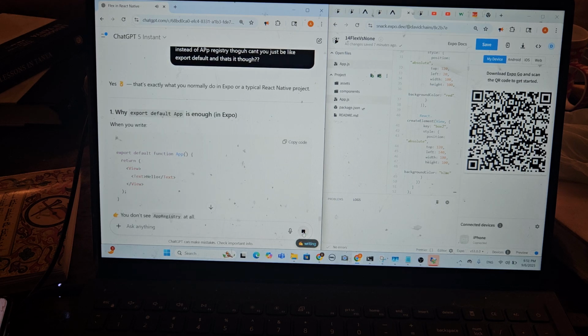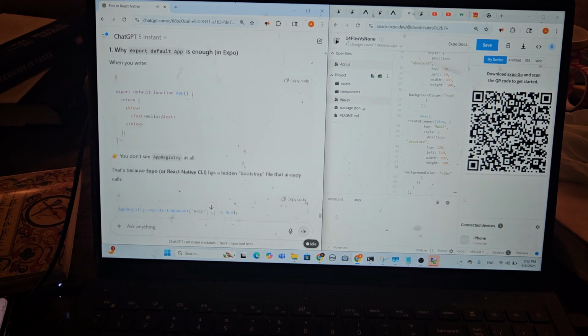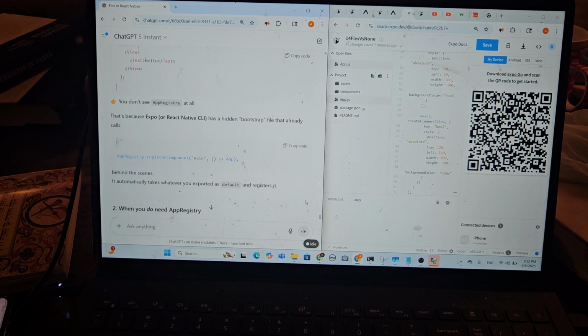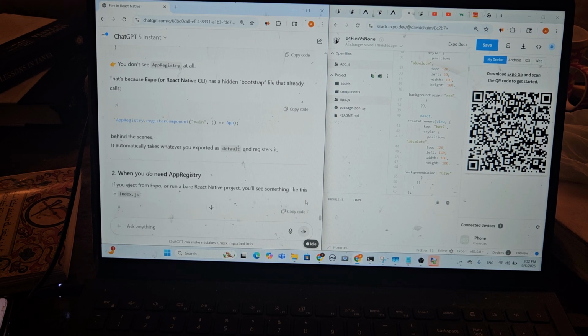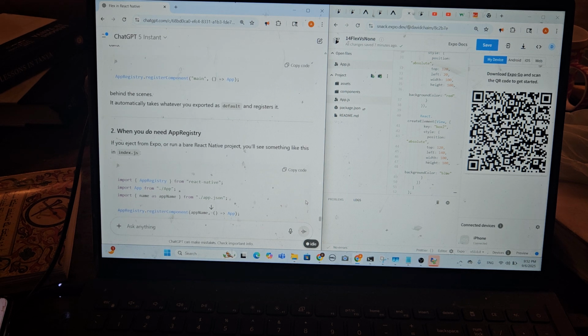Yes, that's exactly what you normally do in a typical project. Why is export default enough in Expo? When you write it, you don't see AppRegistry. That's because Expo React Native has a hidden bootstrap that already calls it. And when you do need it, if you eject from Expo or run a bare React Native project, you'll see